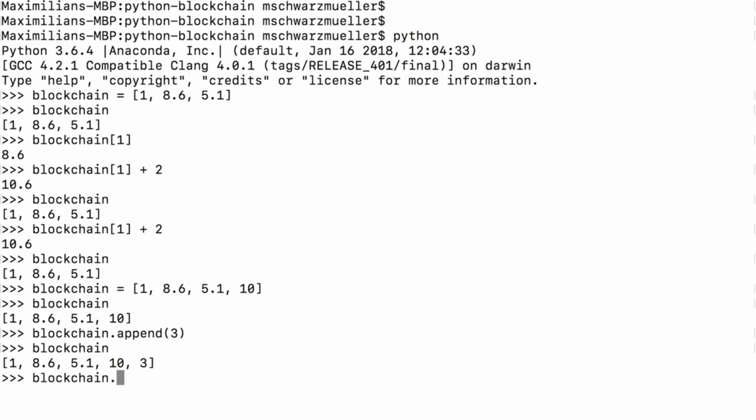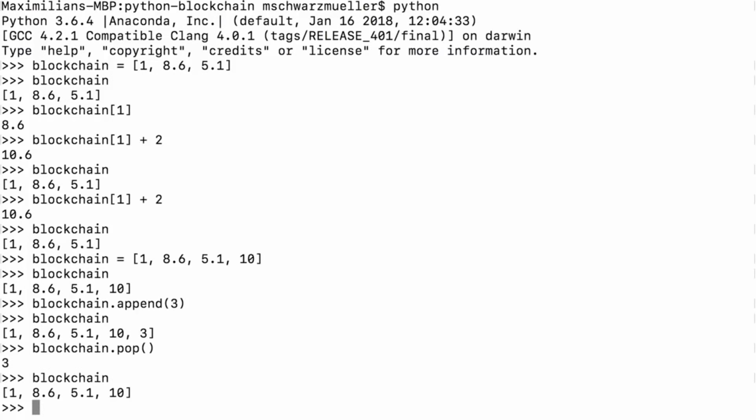Now we also have a different method which we can call, and there are more methods than just these two, by the way, pop. And this will actually return a value instantly, 3, which was the last value on our list. And if I now output the list, you see the last value is missing. So pop is actually removing the last element of a list, outputs it, or gives us the chance to store it in a variable, if we would use blockchain.pop on the right side of an equal sign, where we store it in a variable. And then it manipulates the original list and removes the element from there.